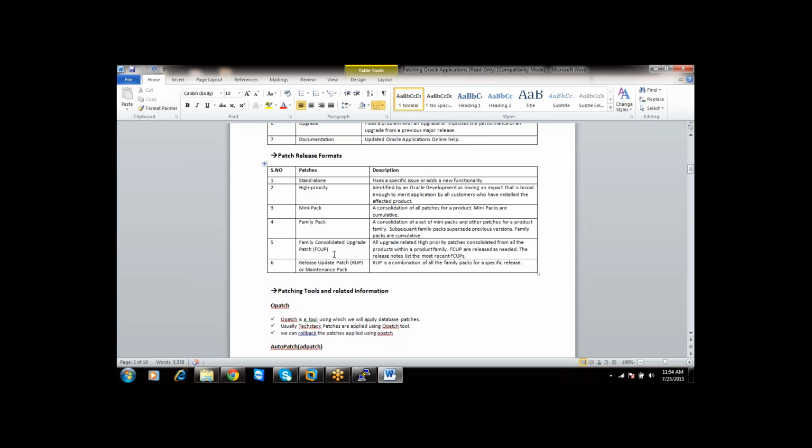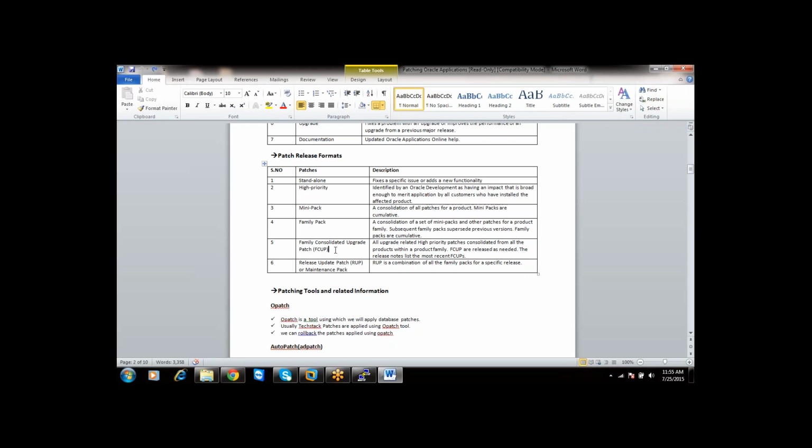Next, family consolidated upgrade patch. It consists of all upgrade related high priority patches consolidated from all the products within a product family. Family consolidated update patches are released as needed. The release notes list the most recent family packs. So a collection of family packs is a family consolidated upgrade.